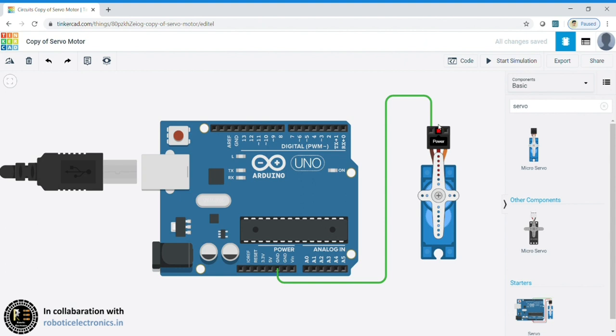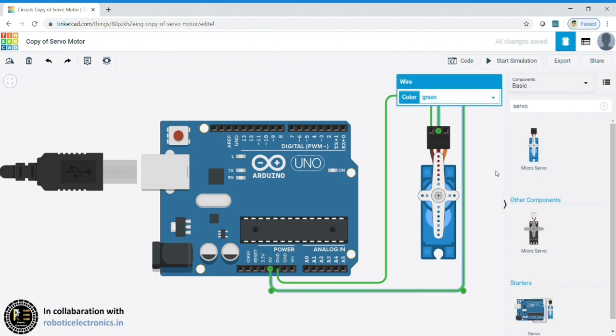Coming to the power, in a similar way you connect the power. I am getting it from this side, so it goes like this. Here you have connected the power to the servo motor.